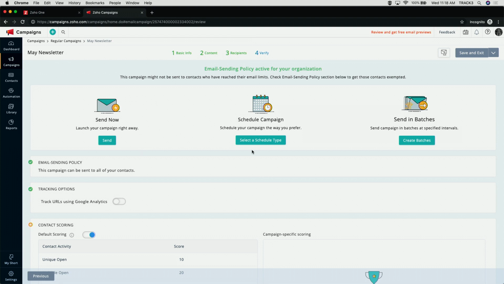You can schedule later. Then there's also send in batches. Basically, when you have a bunch of contacts that you're sending to, you want to create those batches so you're not overloading the email providers with a bunch of emails that they may or may not be recognizing, right? So if you have tons of emails, it's good to batch those out and make sure that you're sending some at a time, some at a time, some at a time, right? It's just a cautious way to make sure your emails are delivered, and it helps improve email deliverability that way, okay? All right, so that's all I'm going to show for now, okay?